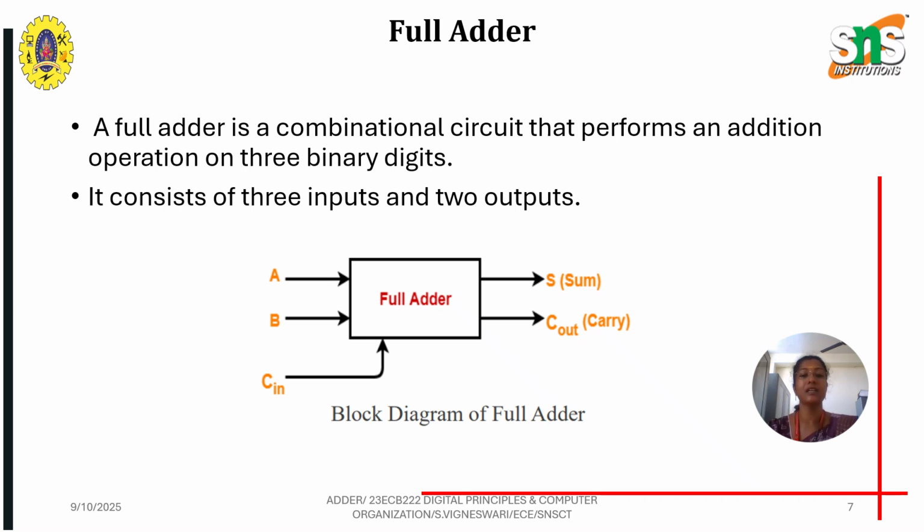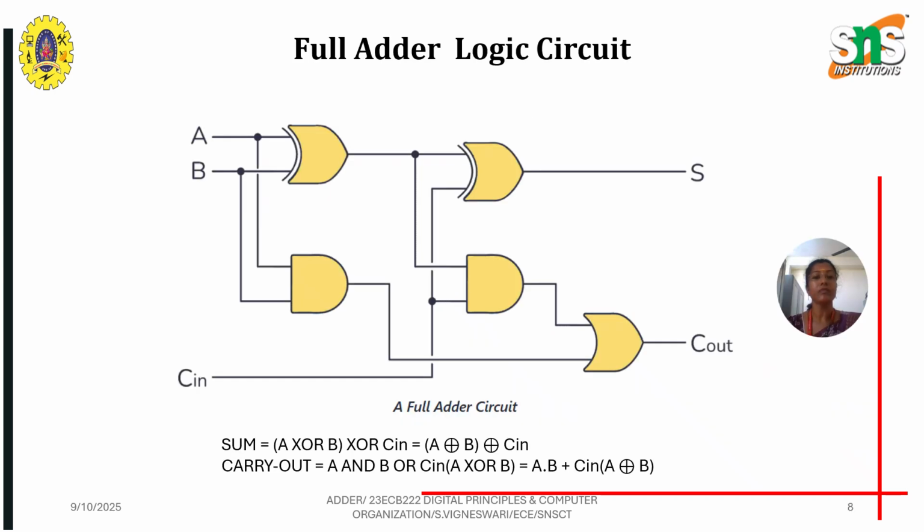Cin is nothing but a carry input, right? So we have three inputs, and the sum and the carry are produced as outputs. Here, to differentiate from the input carry, we call the output carry Cout. So you can see the logic circuit implementation of the full adder circuit, where A and B are given